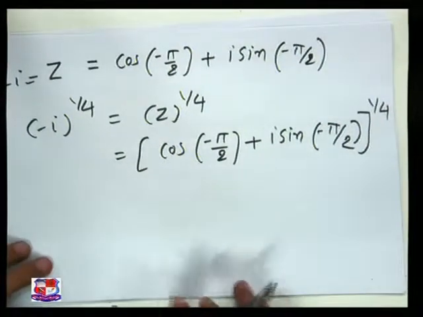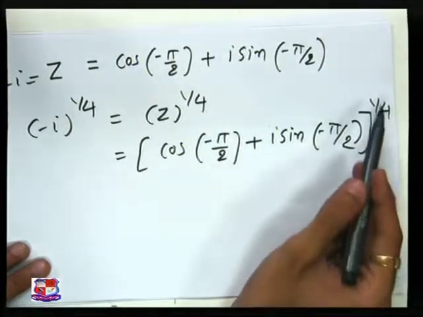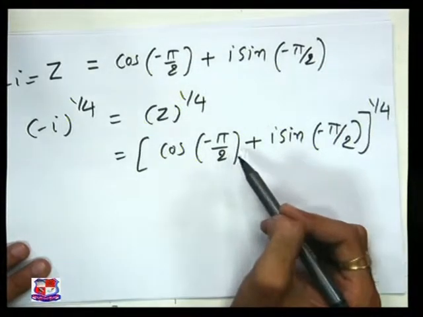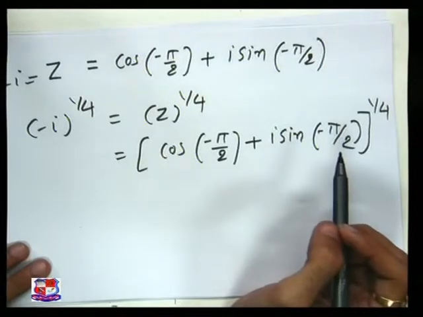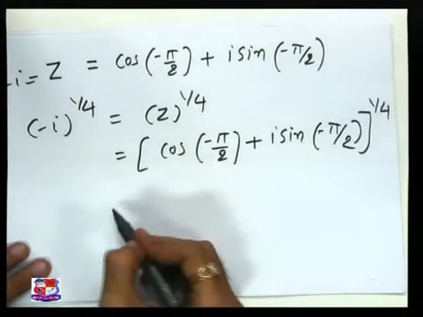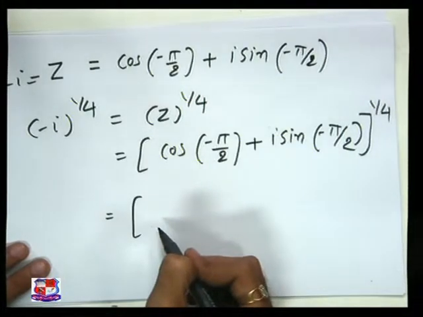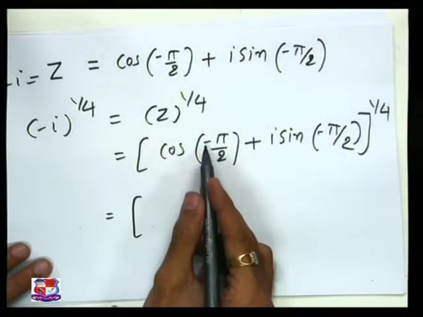Okay, so by De Moivre's theorem, cos theta plus I sine theta raised to n is equal to cos n theta plus I sine n theta. And here I can write it in this way, for the general value of theta, I will write here in the form